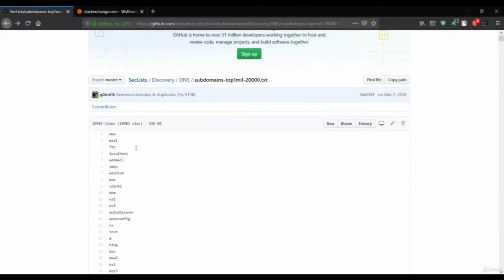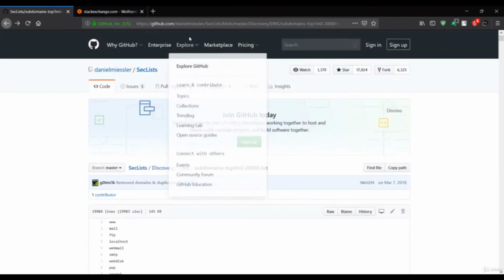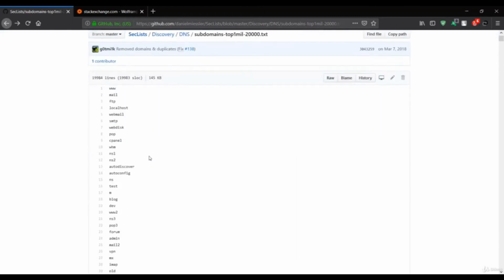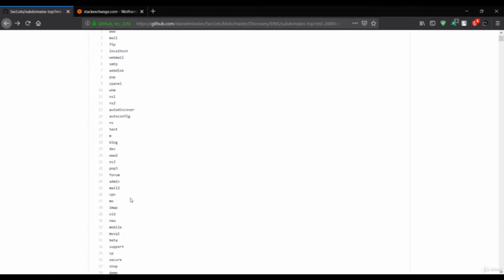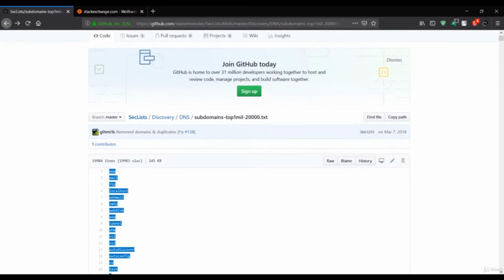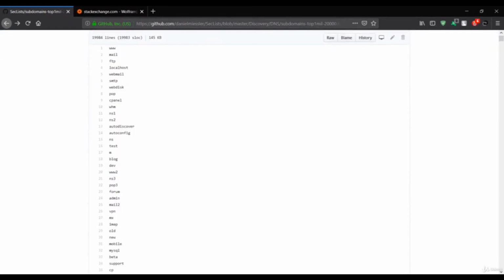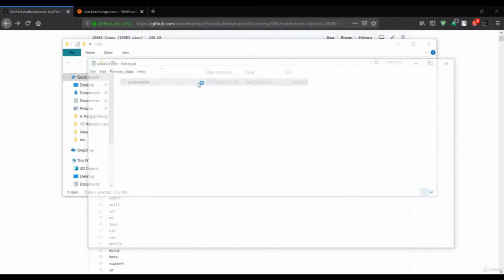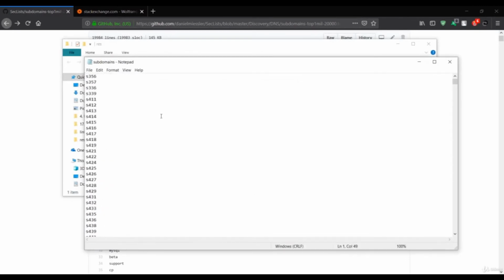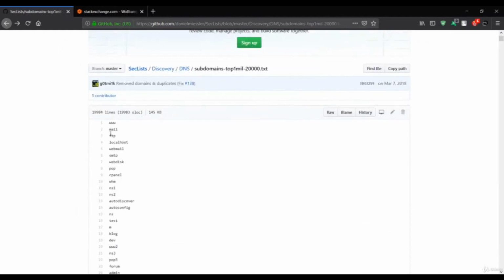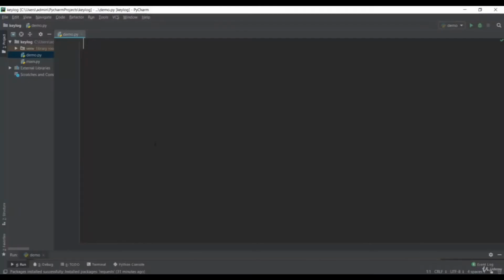So for the subdomain, there are a couple of word lists over here. I have just searched on GitHub. You can also get this GitHub link in the resource section, or simply I'll put all of this code in Notepad, save it as subdomain, and provide it to you in the resource section. Make sure you grab it from there. So this is the same code which will contain a list of words that we can make into the test URL. So this will be your main URL, and if we pass mail.facebook.com, let me say,